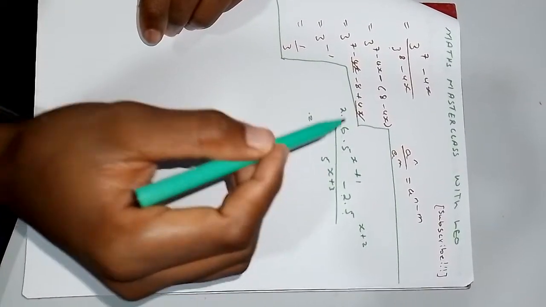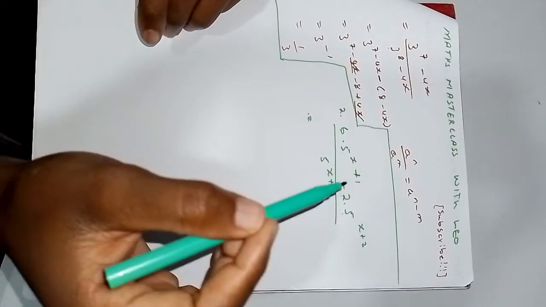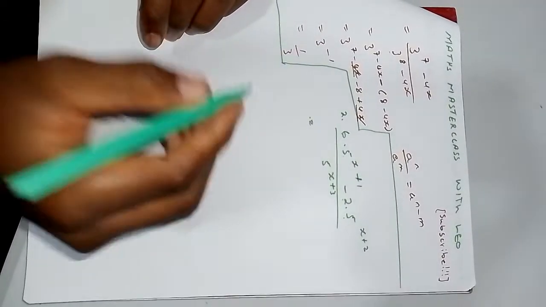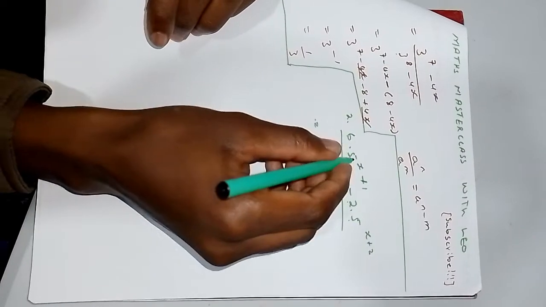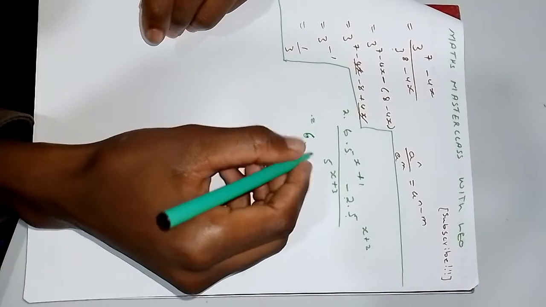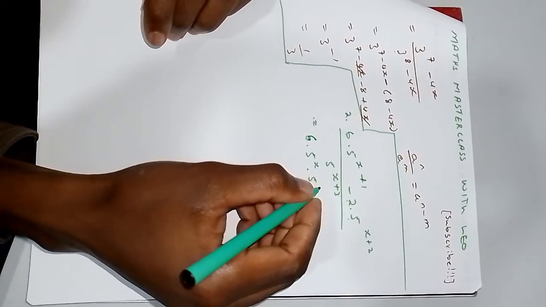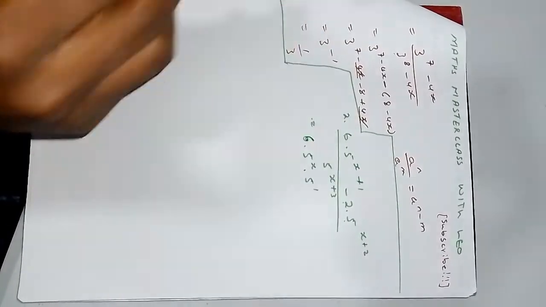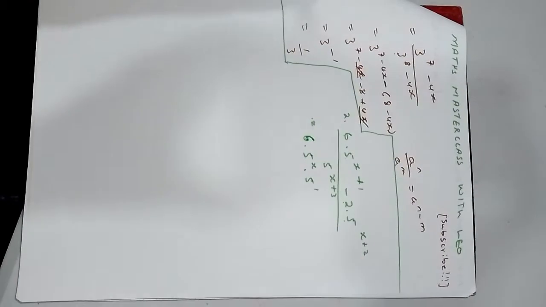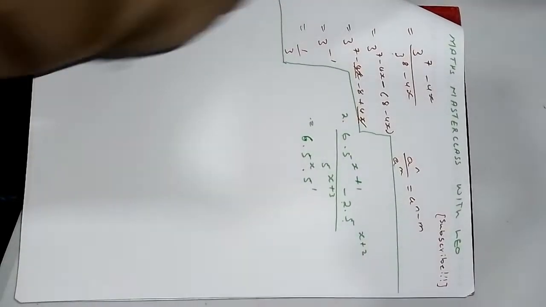Once you multiply an exponential expression and a whole number, it's going to be wrong. What you have to do in this case, you have 6. Break this. How do I break that? I'm going to have 6 multiplied by 5 to the power x multiplied by 5 to the power 1. I'm reversing this rule. Which rule am I reversing? I'm reversing this rule that says